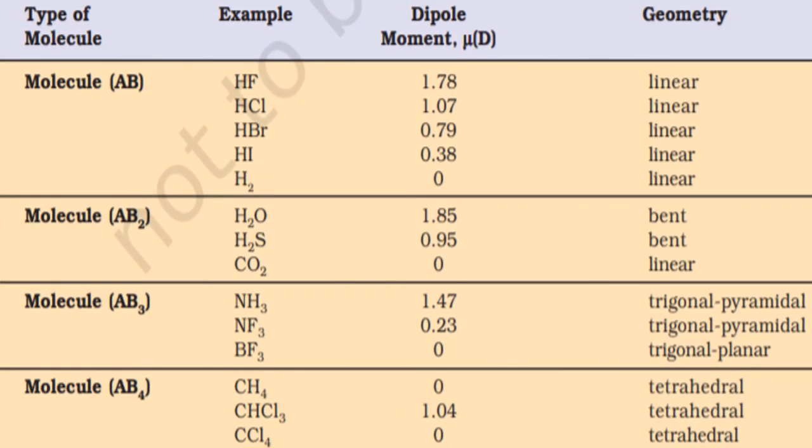Now these are the data available. You can go through all this data and conclude why the data is more or less like this, so that you will understand the dipole moment, the structure, and the electrons. With this, we will wind up today's class and the topic of polarity of bonds. In the next class we will discuss a special theory known as the VSEPR theory. Thank you, my dear students.